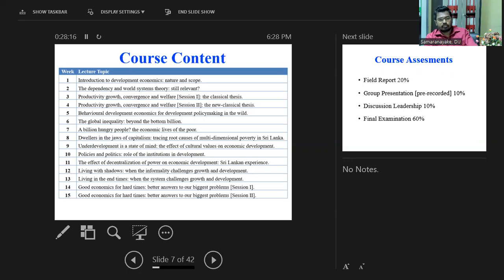And then the 11th topic is the effect of decentralization of power on economic development. This also refers to the Sri Lankan context, because it basically tries to emphasize regional development, right? Because when it comes to Sri Lanka as a country, the Western province got some biases when it comes to development, even to other practices. So we are referring to this particular matter, and we'll discuss the Sri Lankan experience with some research outcomes and so on. It's also going to be a very important discussion.